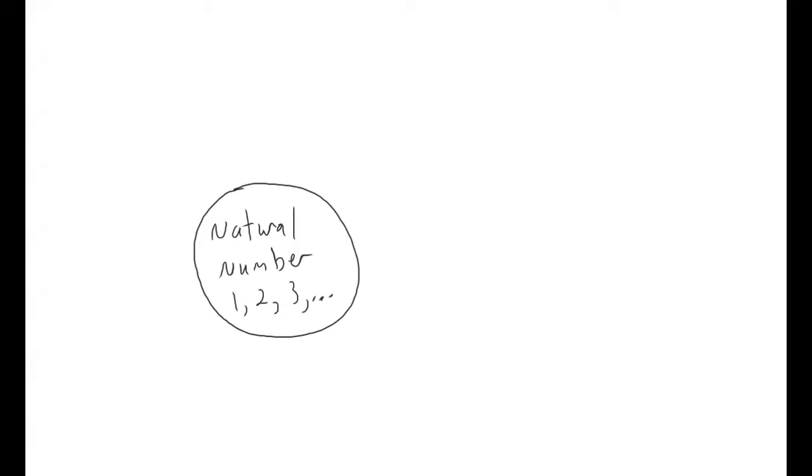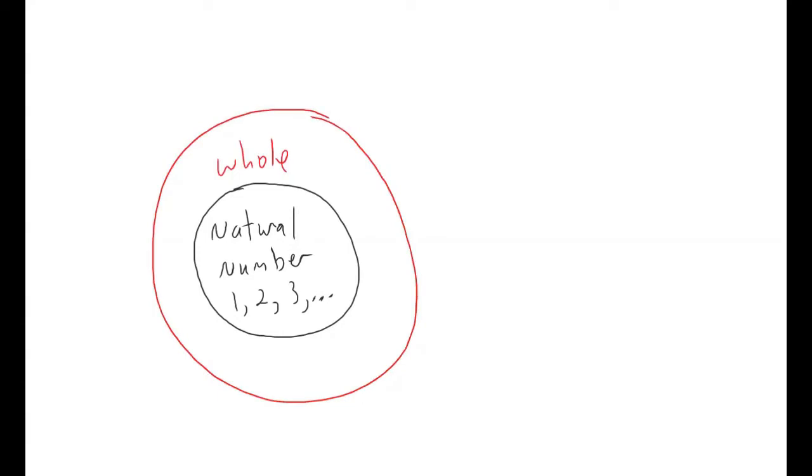And they're natural. The next type of number that we have is what we call a whole number, right? And all natural numbers are whole numbers, but it also includes the number 0. So 0, 1, 2, 3, ... So natural numbers are whole numbers, right? But not all whole numbers are natural numbers because 0 is the oddball out in this case, right? Then we have integers,